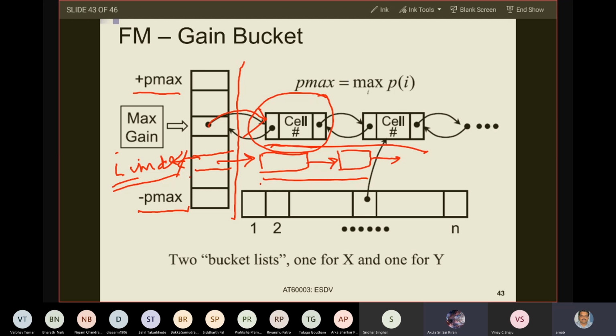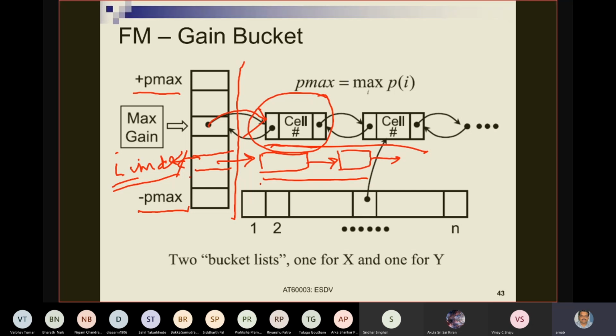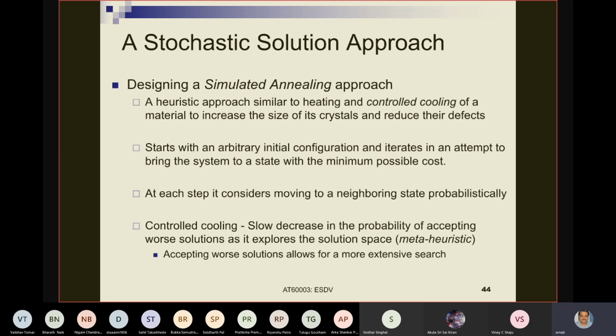Yes, sir. Okay. So I am shifting to the next. I am a bit pressed on time today, as I am telling you. I'll just shift to the next algorithm quickly. So the next one, as we told, we did an optimal solution strategy using branch and bound. Then we did a deterministic heuristic strategy. Now we will understand a stochastic strategy and see how this problem on embedded systems can be solved using a stochastic strategy as well.